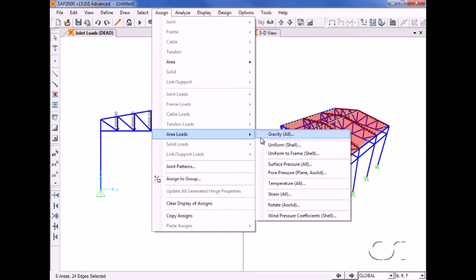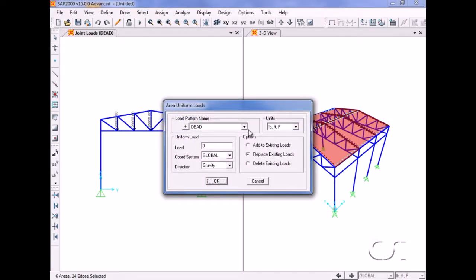载重，它是均布载重。Here, we will input a uniform live load of 30 pounds per square foot in the gravity projected direction. 加入活载重30，在自重的方向。